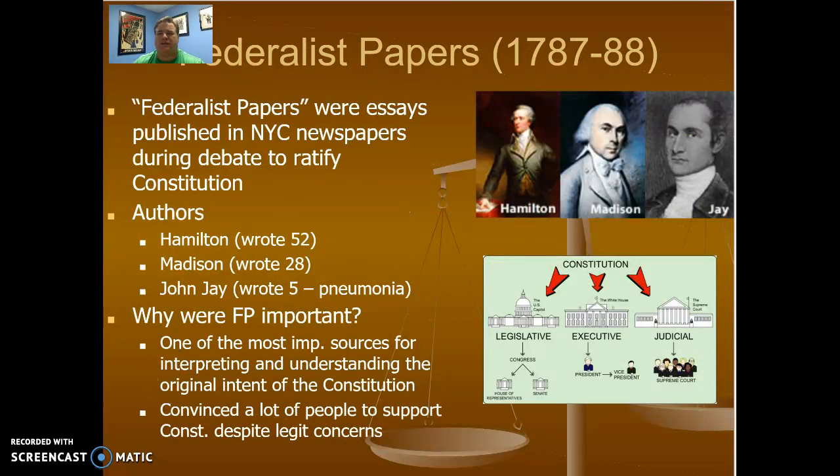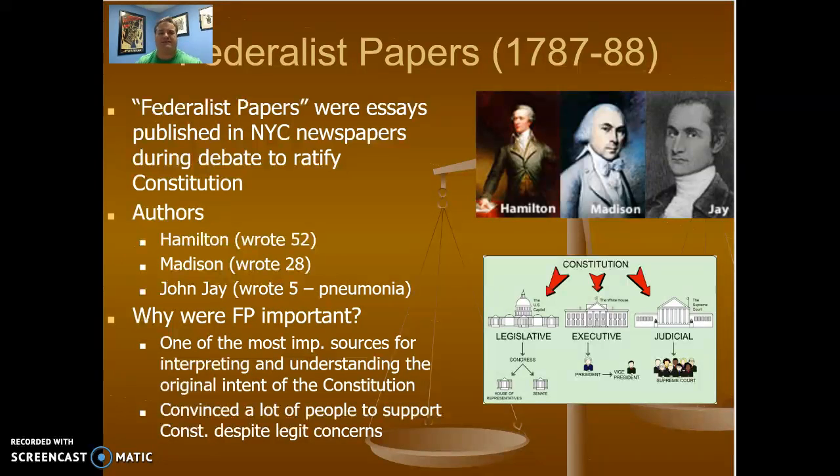So one of the key means by which the Constitution was ratified was through the newspapers. There were states that were quite reluctant to sign on to this radical idea, moving away from the Articles of Confederation, which, as you already know, had laid out a system of 13